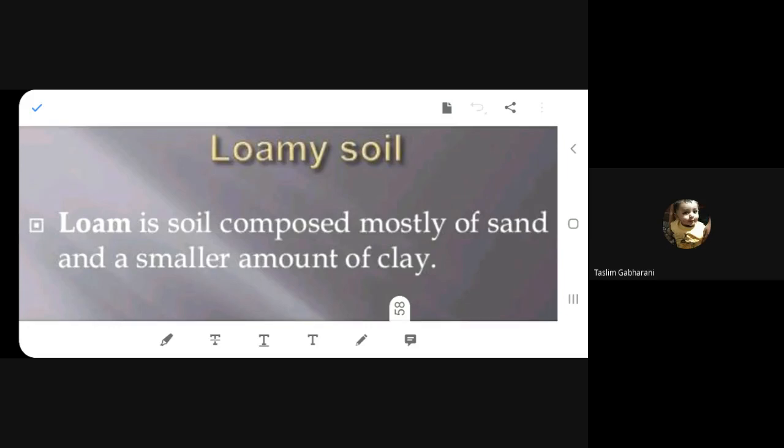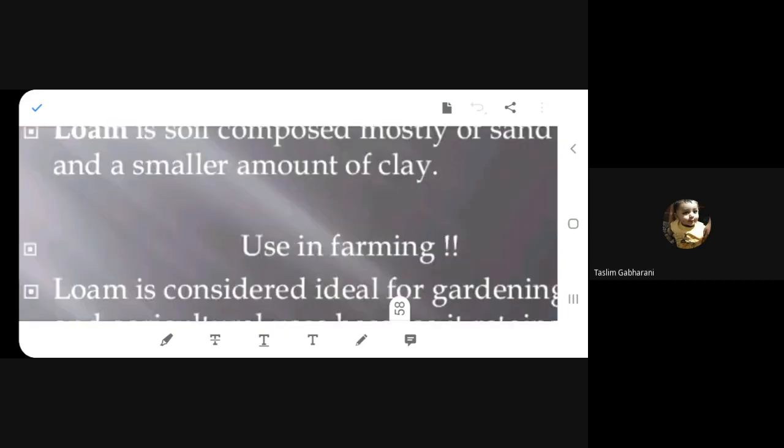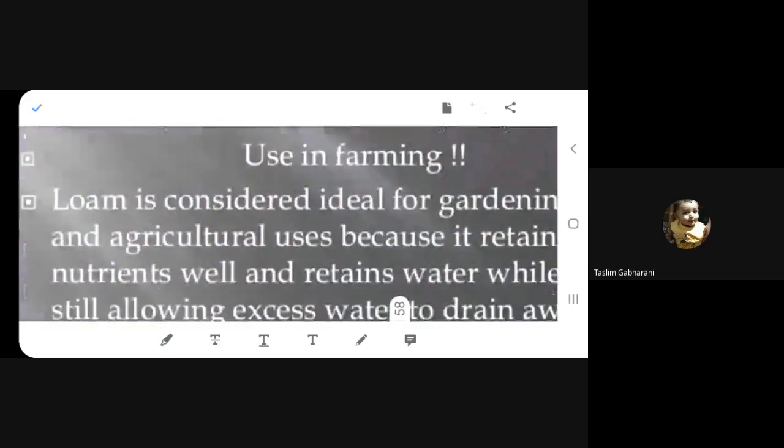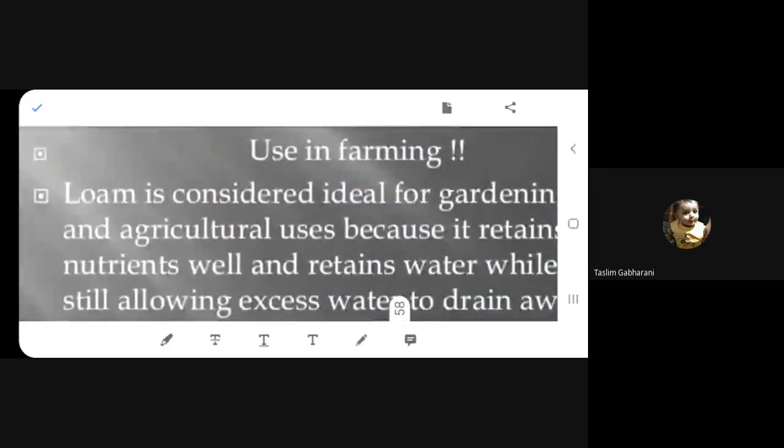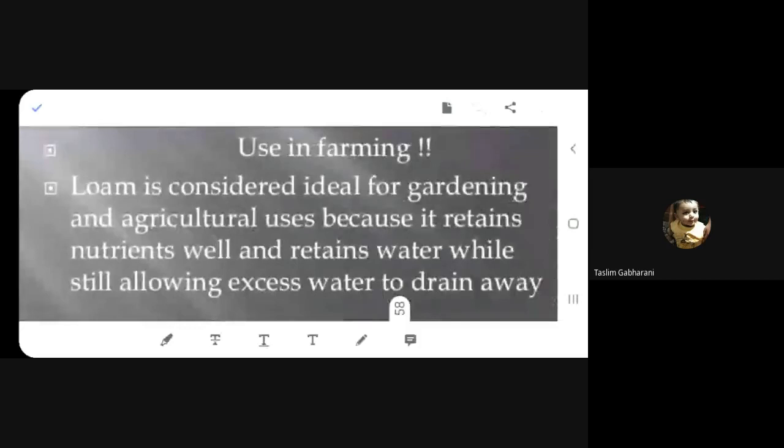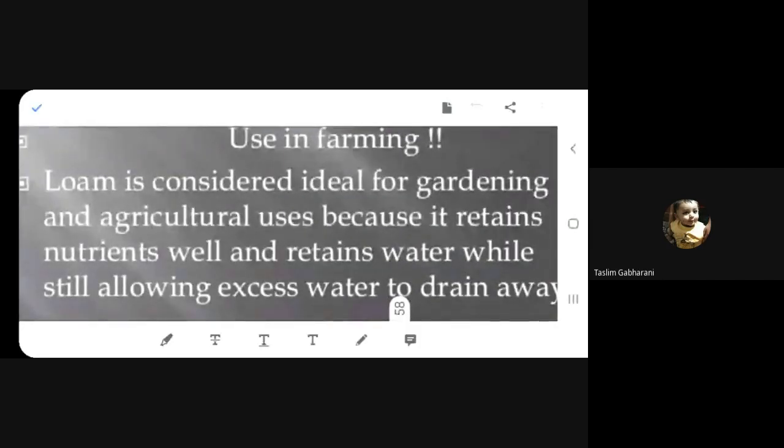Loamy soil. Point 1. Loam is a soil composed mostly of sand and a smaller amount of clay. Then used in farming. Point 2. Loam is considered ideal for gardening and it's ideal for agricultural uses because it retains